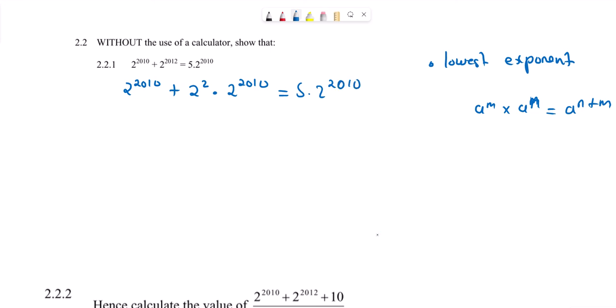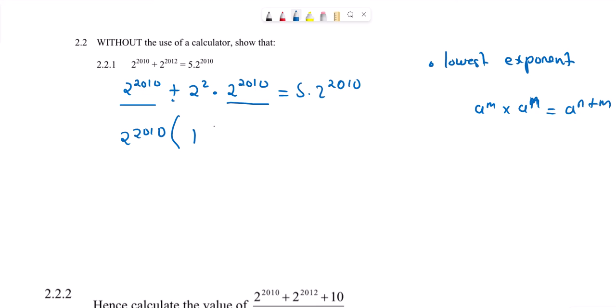Okay, if you take out the common factor here, and I can do that because there's a plus here. The common factor is 2 to the 2010. I can do that and I say 1, because 2 to the 2010 divided by 2 to the